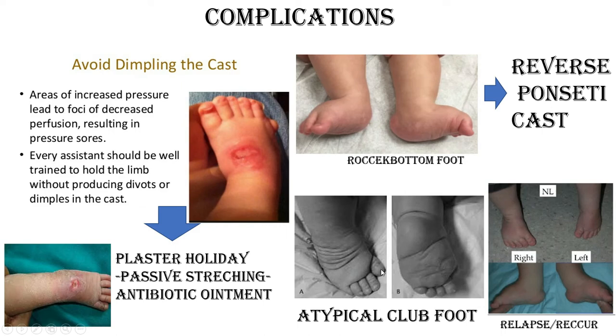First, you have to reduce this first metatarsal flexion or shortening by giving traction, and we should not put maximum effort in abduction. Maximum 45-degree abduction is recommended for this type of foot, and it needs special care with an expert hand. And last but not the least is relapse or recurrence. After plaster, if the patient does not follow the bracing protocol, then that will be the most common problem.